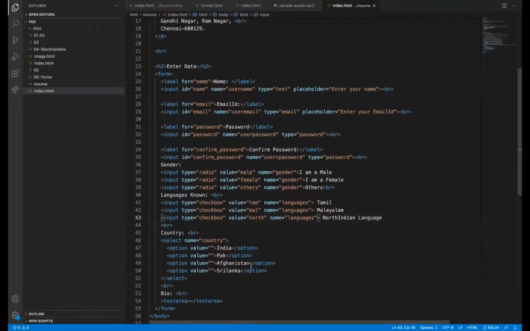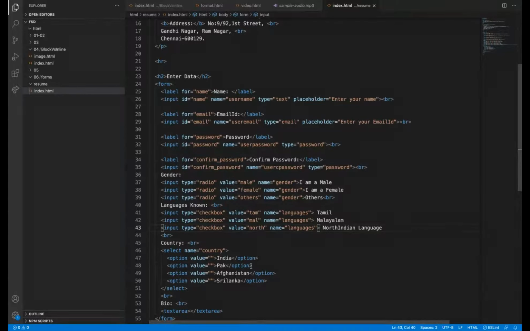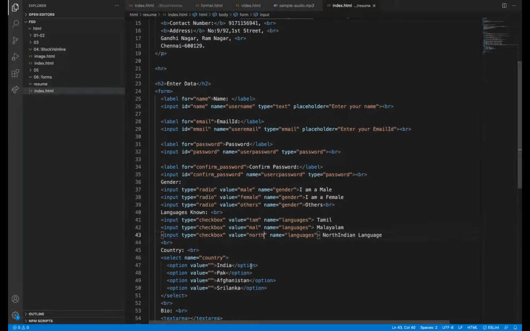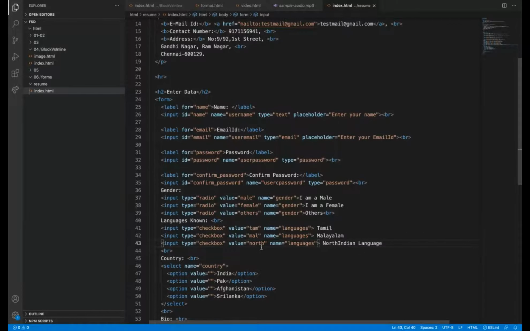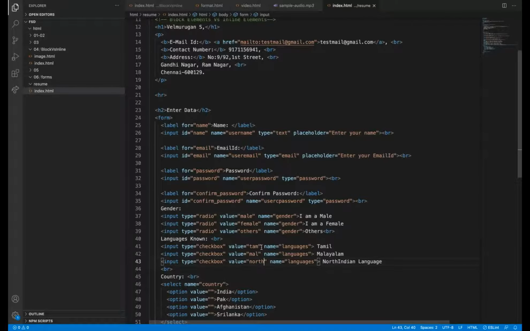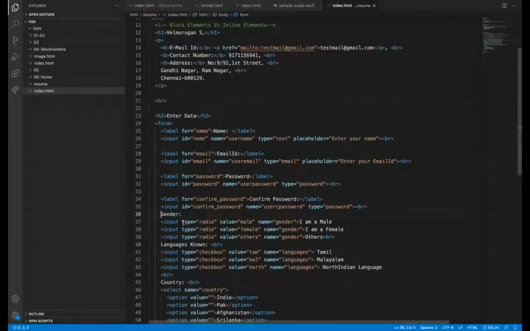Then another thing, if you can notice, another thing we want to notice is name equal to gender. These things can be the same, but the ID we are using should not be the same.